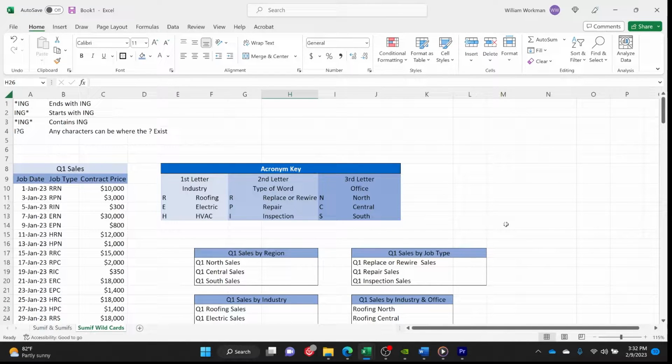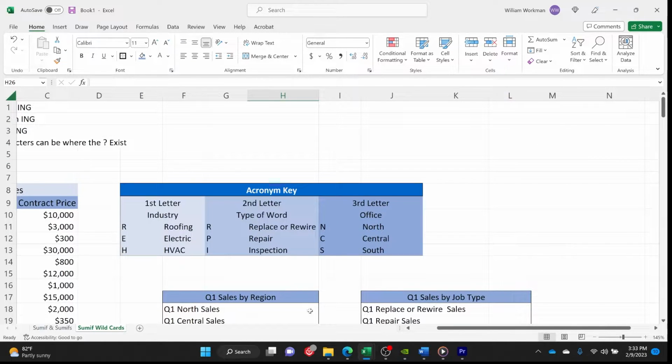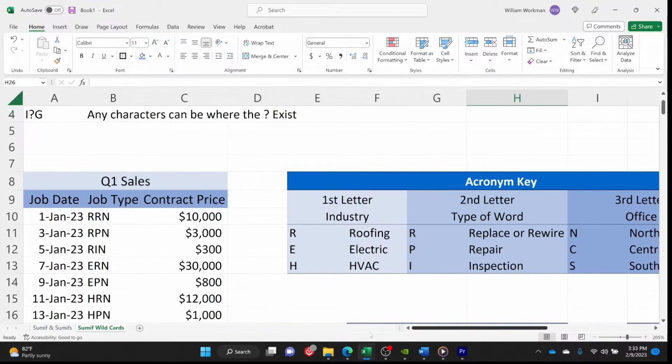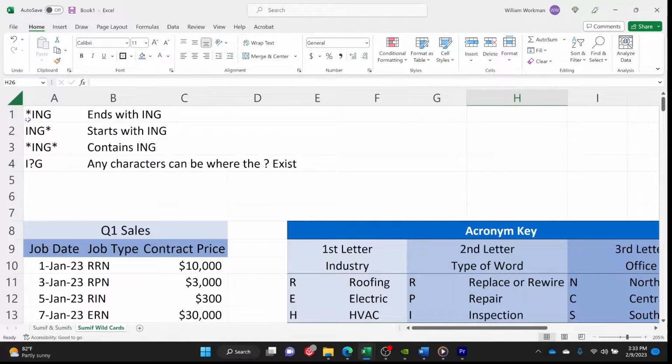All right, so now let's get into using wildcard characters with the SUMIF function. Let's first just go over the syntax. I'm going to zoom in and I will just show you. Up here you can see if you use the asterisk as a wildcard character and you put it,